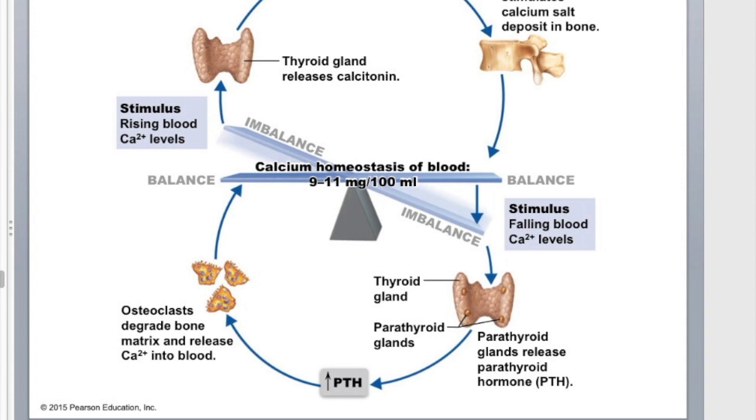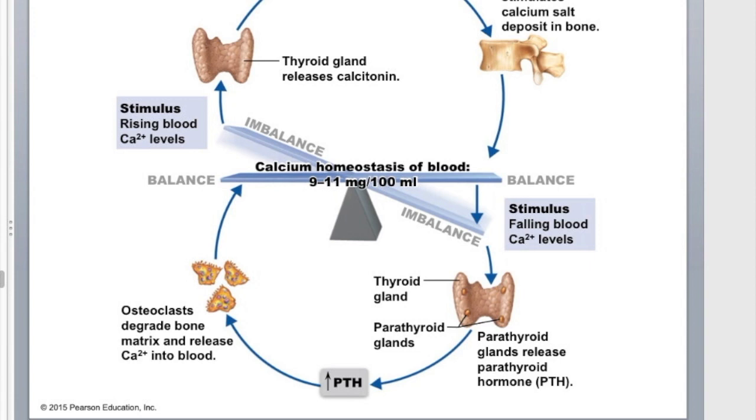You've got the rising blood calcium levels, which initiates or starts the thyroid gland to release calcitonin. Calcitonin stimulates the bone to lay down calcium into the bone or increase calcium salt deposits within the bone. That in turn decreases the amount of calcium that is in the blood. As you have falling calcium